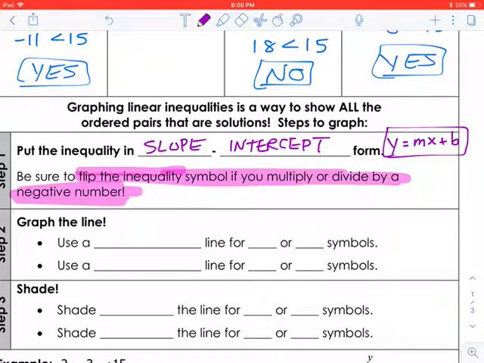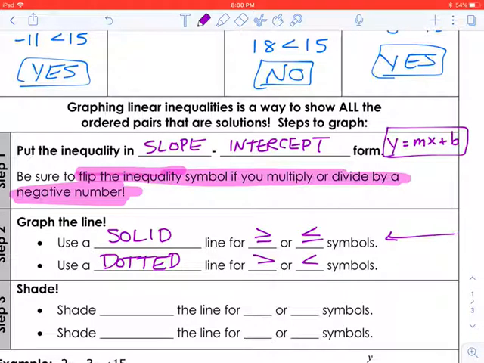Depending on what the inequality is, you might have to use a solid line or a dotted line, okay? Use a solid line like you would normally for any of them that have the underline, okay? So just like we would have a solid dot, we would have a solid line if there's an underline. And then use a dashed line or a dotted line for any of them that do not have an underline, okay? So it's either going to look like this as a line or like this as a line, okay? And that tells you if any points on the line are